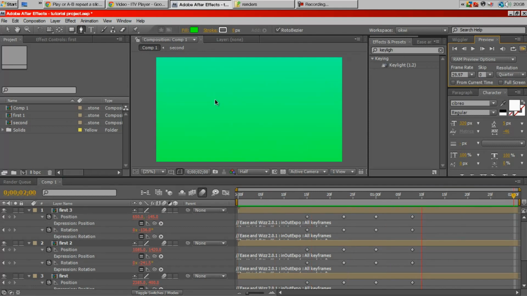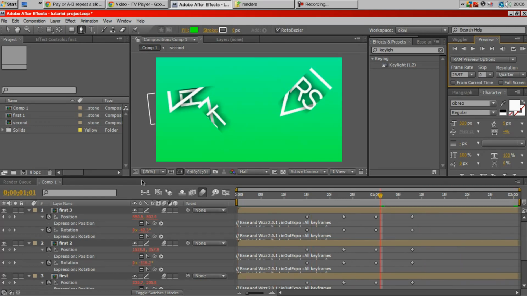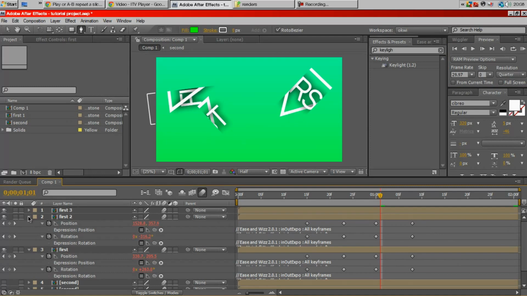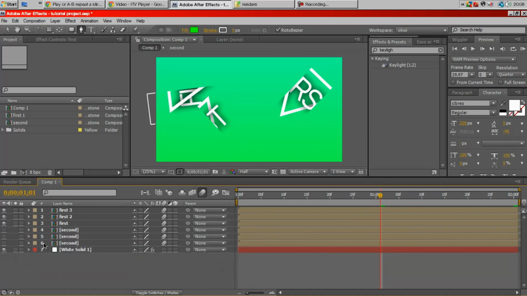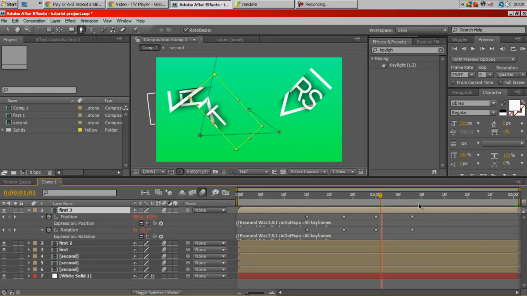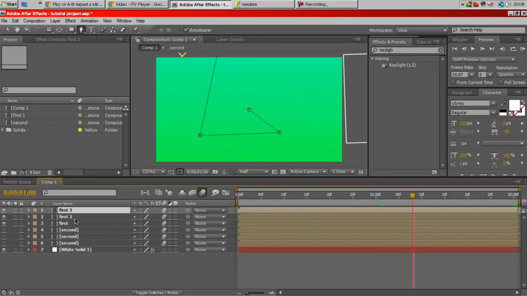See, it just sort of spins around in the middle and then comes off screen. Now here's the important part, and probably all of you already know, but basically I'm gonna go to that last keyframe which I did, which will come up here, go to that position, and